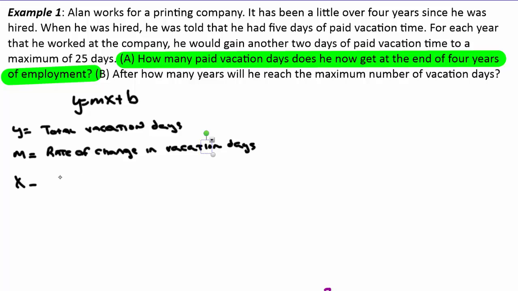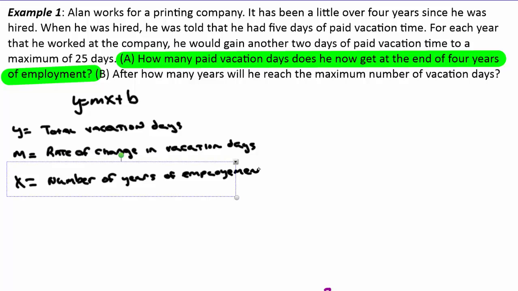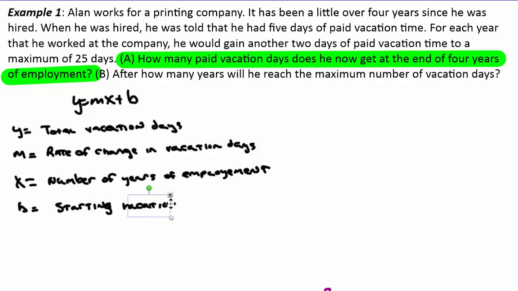The x is going to represent the number of years of employment. And the b is going to represent the starting number of vacation days. So now that we know what each one of the variables is going to represent, let's figure out what we